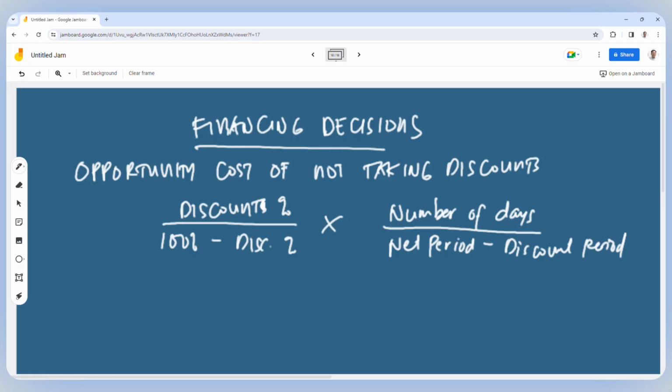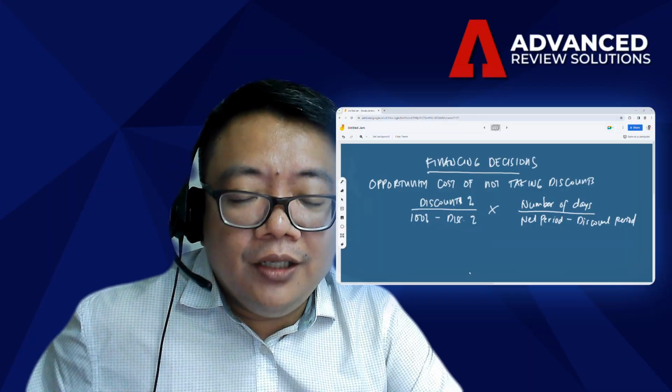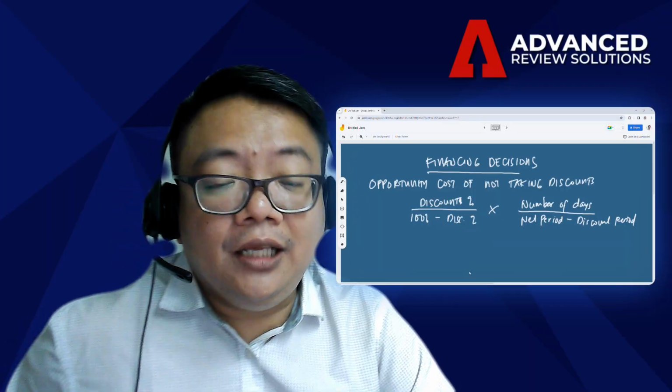Okay, we have also here some of the problems, no, about cost of bank loans, no? So usually class, ang tanong dito is that yung mga regular interest rates natin, the interest of the borrowed or the discount, no? So maybe that's the only one, no, nakasama, no? Is about in terms of financing, no? Yung opportunity cost of not taking the discounts.